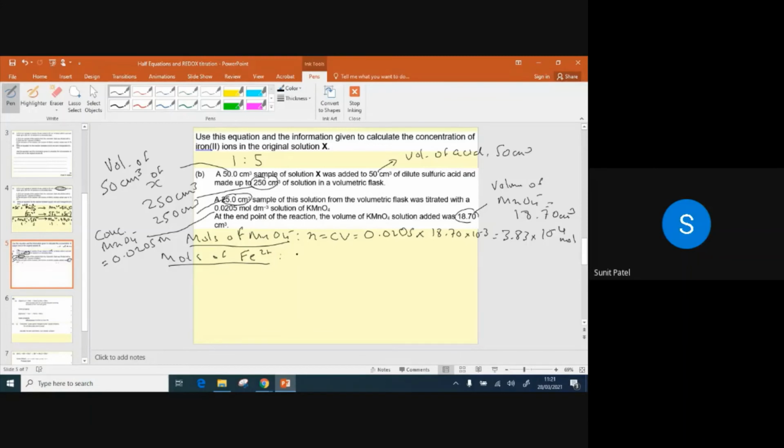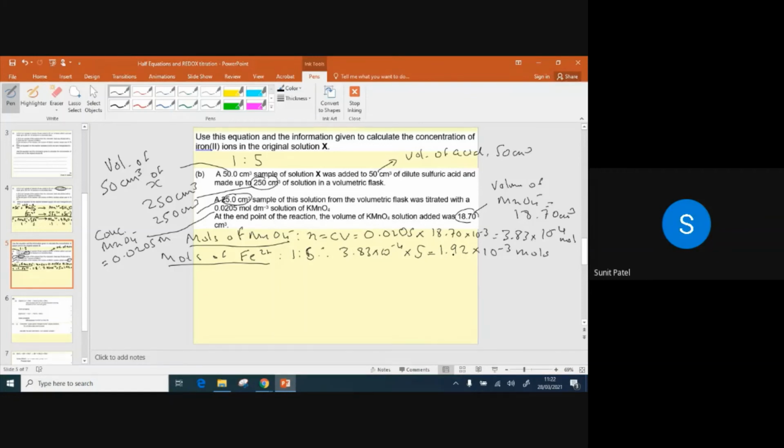Since we know it's a 1 to 5 ratio, therefore what we need to do is multiply, or good practice is 3.83 times 10 to the minus 4 divided by 1, because I've got 1 mole of that, multiplied by 5. It's always good practice to write things like that. That gives me a total answer of 1.92 times 10 to the power minus 3 moles